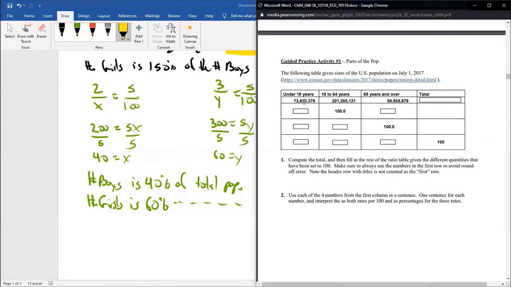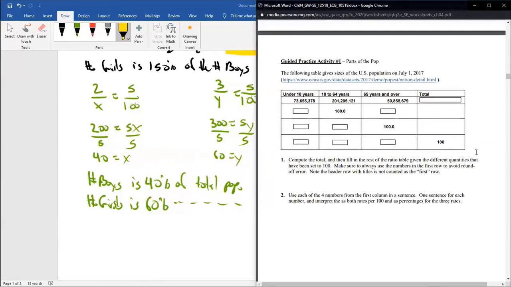If you want to know the total here, well, this would not be a proportion because this is a total, so you just add the parts to get this total. And then they say, all right, let's scale the middle-aged people to 100. So you can figure out these two parts based on that scale to 100 by doing proportions. And then you can think of the under 18-year-olds as a percentage of the 18 to 64s, and same thing for the older people. You can scale the 65 and older to 100. They don't do it here, but you could also scale the under 18s to 100. And then finally, they scale everyone to 100.